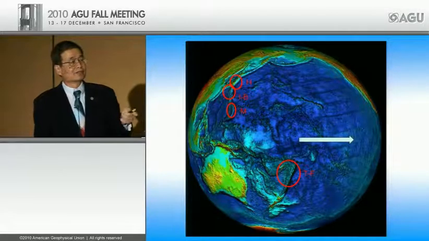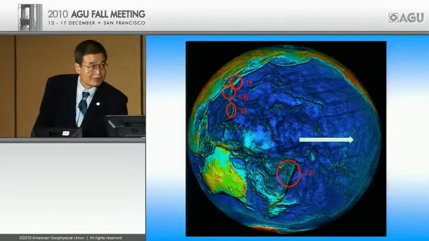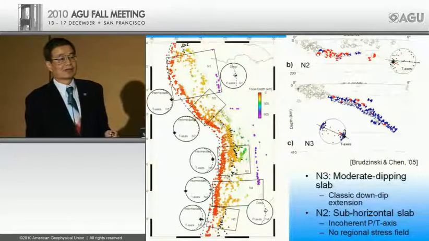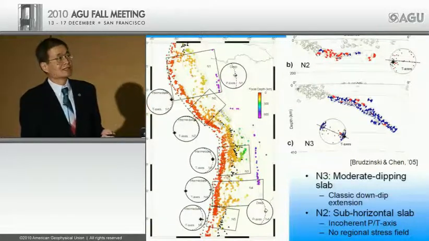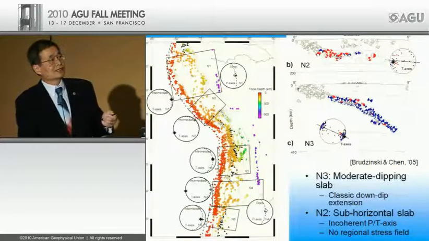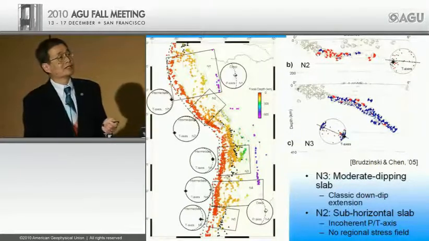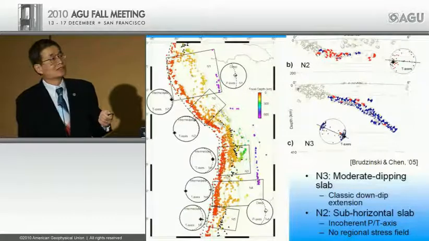So now I'm going to move very quickly to the other side of the Pacific, because the configuration of subduction zones there are peculiar. They have subhorizontal orientations, which turns out to be very important in understanding the stress orientations. So here's a map. These colored dots are the epicenters of deep focus earthquakes, but they're color-coded according to their depths. Ignore these large circles. They are not important for this purpose.